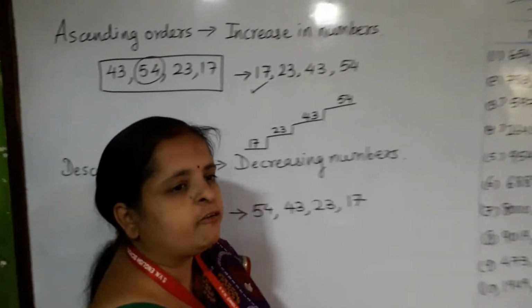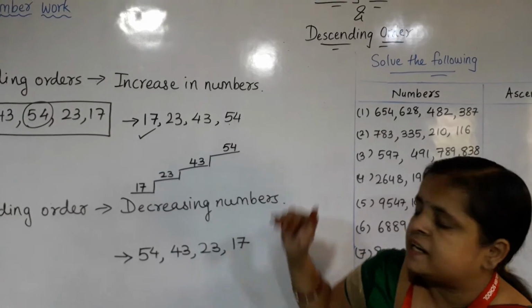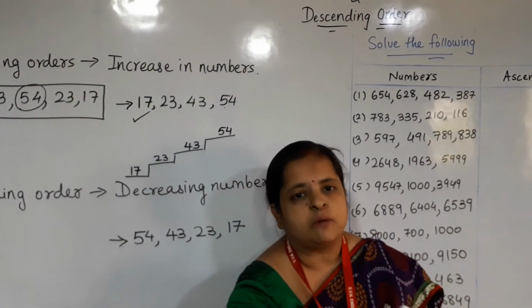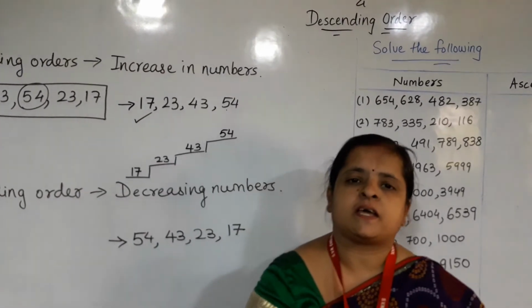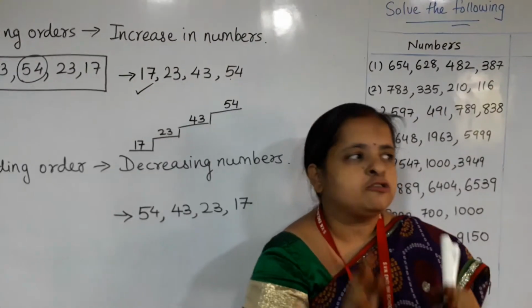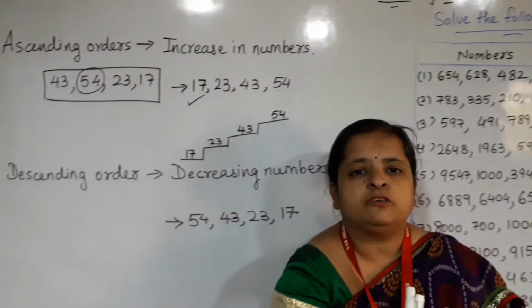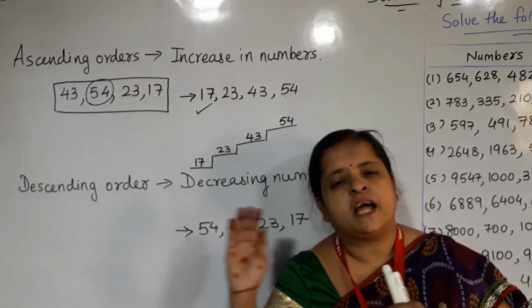Means students, you have to remember all the things while doing ascending and descending orders. You should know the numbers first. पहले आपको numbers को जानना होगा. फर्स्ट 1 से लेके 100 तक के नंबर्स में कौन सा नंबर पहले आता है, कौन सा नंबर बाद में आता है, that you should know. And when you don't know the numbers, you can't do these exercises. So we will do some sums regarding this.